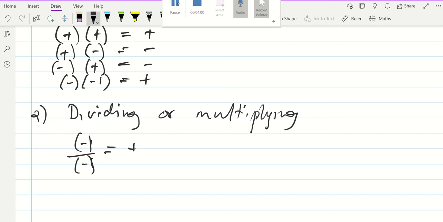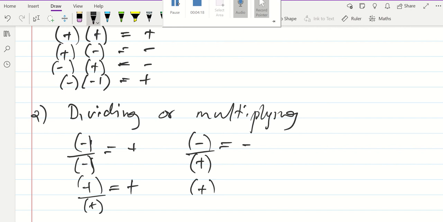If you have a positive being divided by a positive, you get another positive. And if you have a negative being divided by a positive number, you're going to get a negative. And if you have a positive being divided by a negative, you're going to get another negative. And these are going to be a very important set of tiny rules that we're going to be dealing with